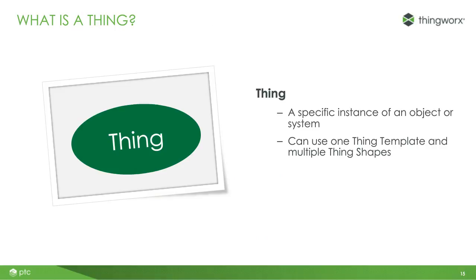So what is a thing? Because we are using this in ThingWorx specific terminology now. Well, almost everything with which you will interact in ThingWorx is a thing. Most commonly, a thing is going to be a representation of a physical object. For instance, you might define a thing to represent a particular assembly machine within your factory, or perhaps something like